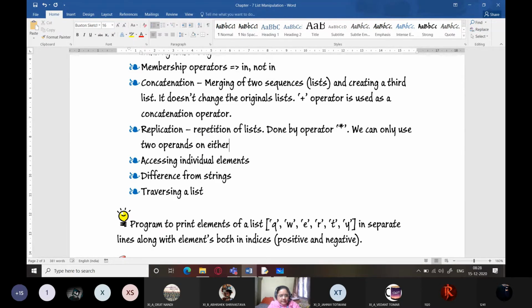on either side of it. Operand 1 should be what? Operand 1 can be a list and operand 2 should be an integer value, nothing else.